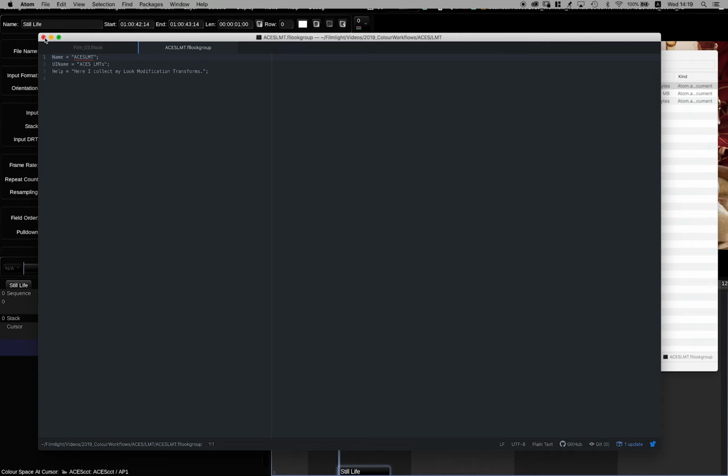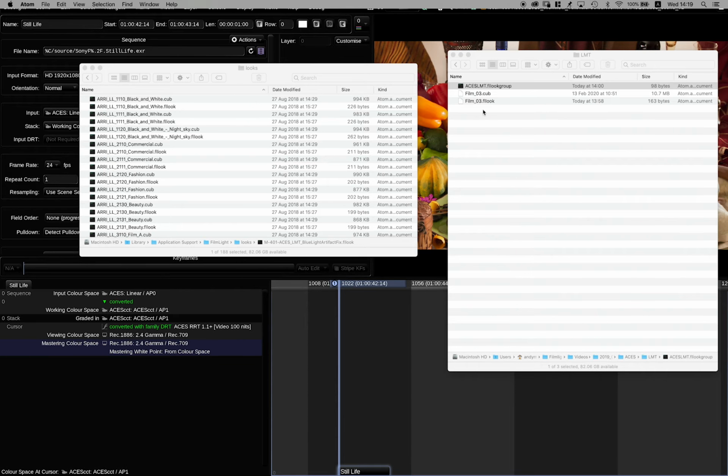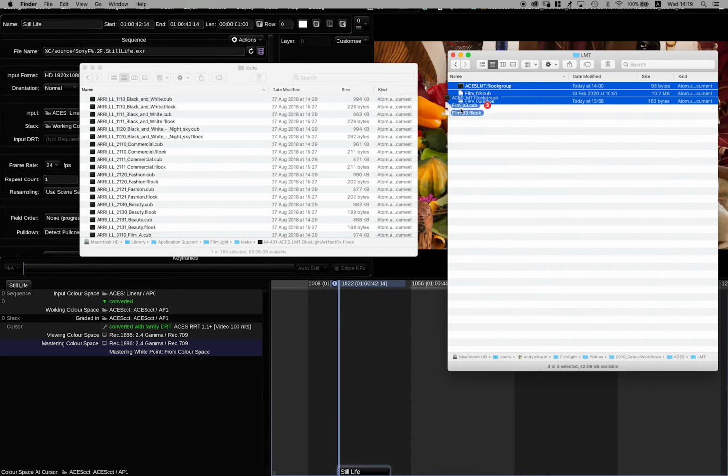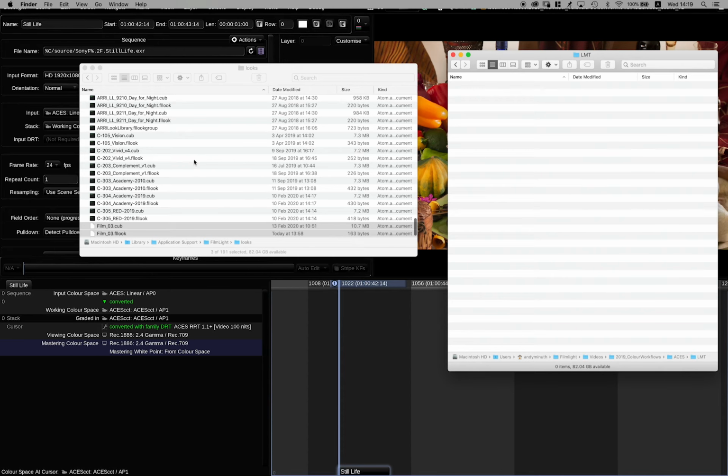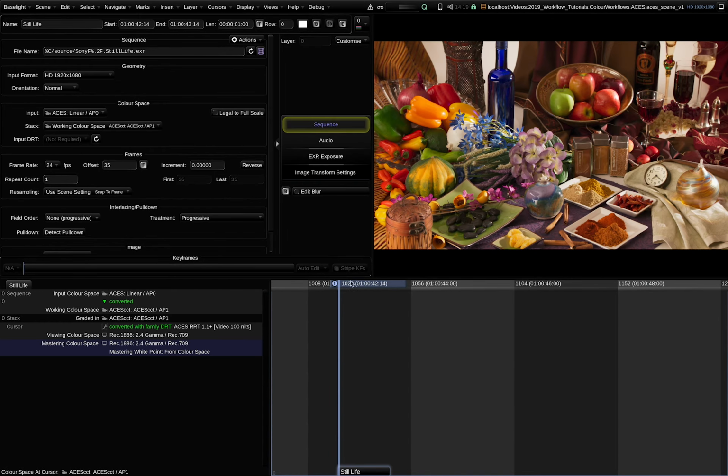What I now need to do is put these files into my looks directory in Baselight. On the Mac, this is library, application support, FilmLight looks. On Linux, this is USR, FL looks. Now going back to Baselight,